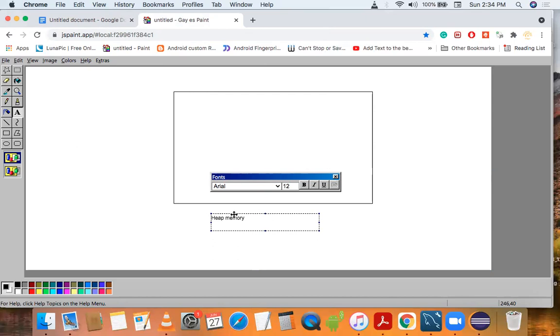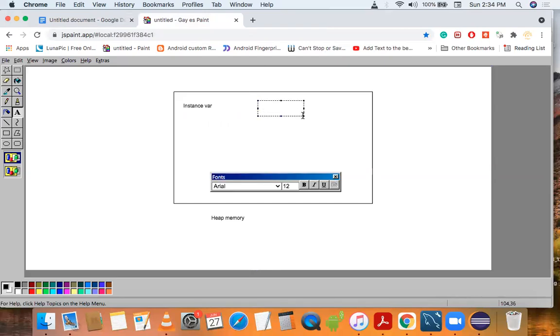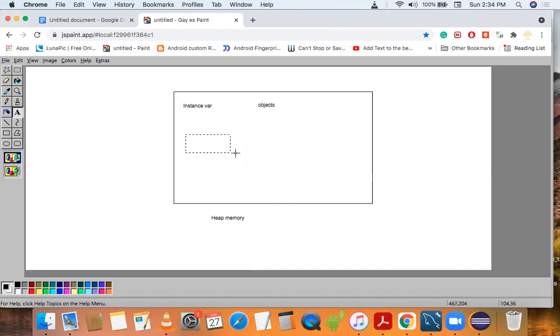Inside heap memory, we store instance variable, objects, and arrays.